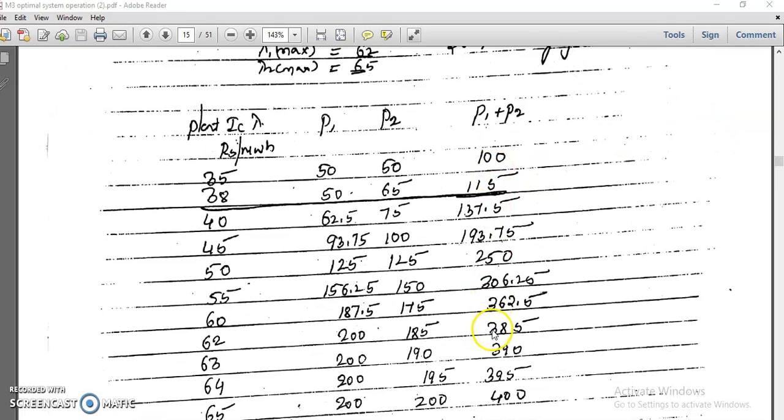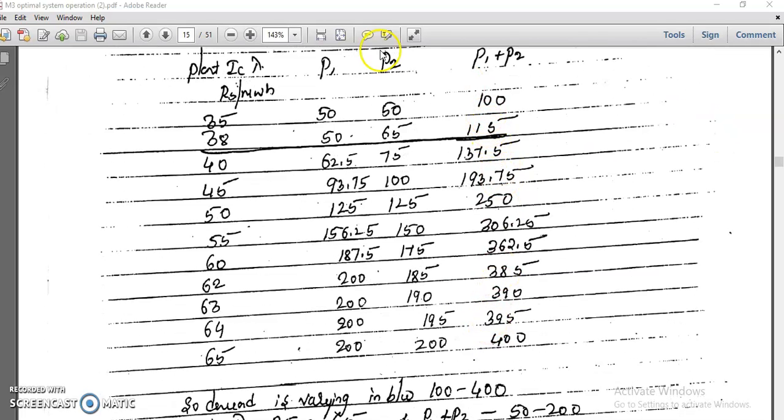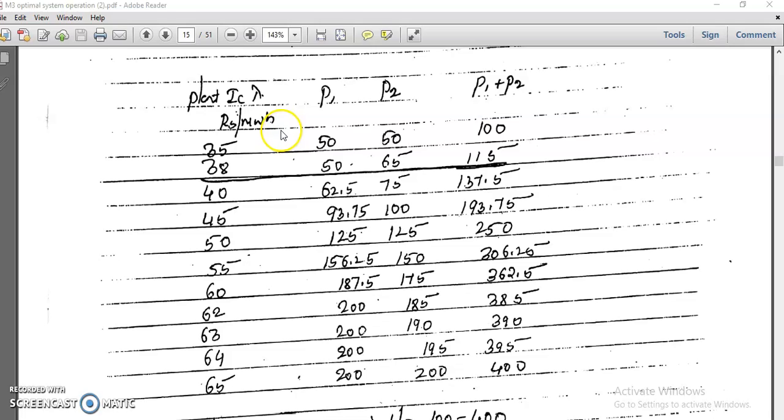In this case, what you have to do now is form the table. This is the lambda column, this is P1, P2, and this is PD. While forming the table, write the 4 lambda values they have given: 35, 38, 62, 65. Write 35, maintain some space, some gap in between, and write the 4 values. Now it is blank, nothing is there in it. Write 35, give some space, write 38, afterwards 62, afterwards 65, with the gaps in between as per our choice.